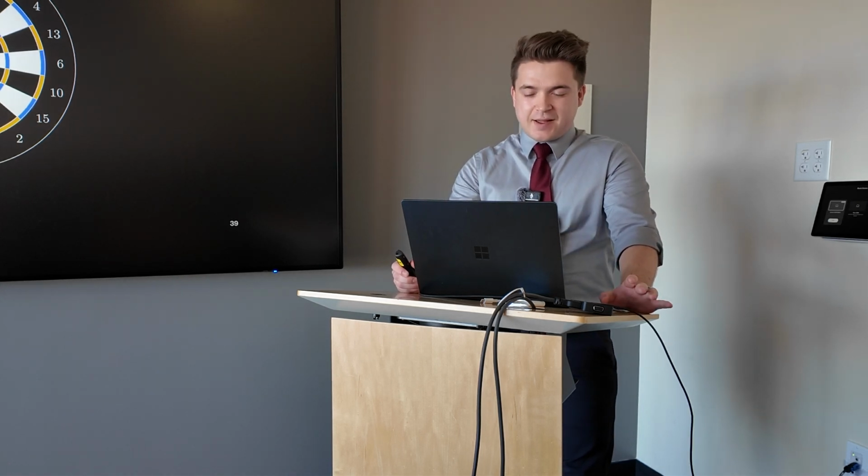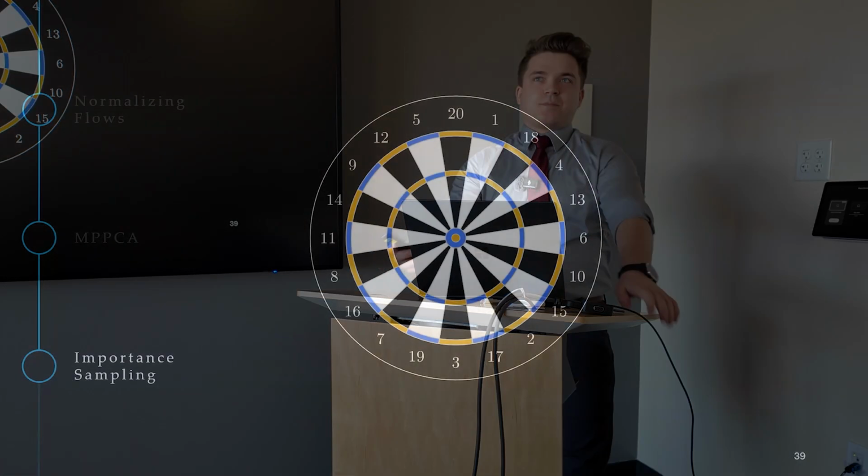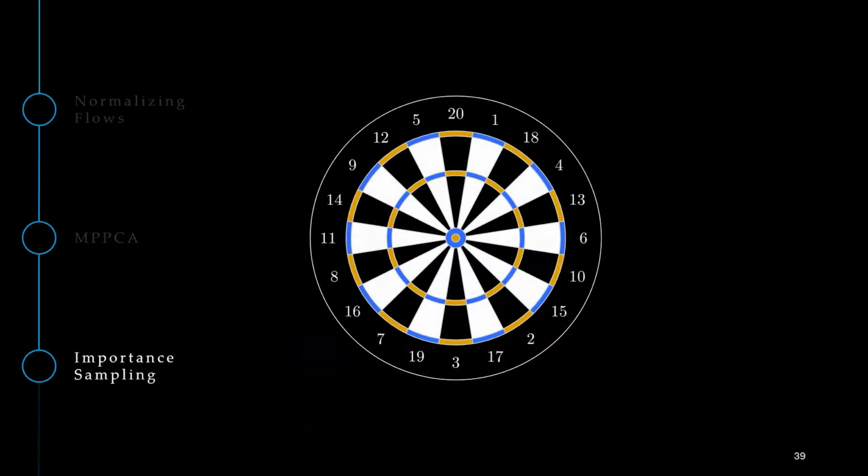And the last topic I want to introduce today is probably going to be one of the most complicated. So I'll do my best to introduce it quickly via analogy here. It's this topic called importance sampling. And at a really high level, importance sampling is an efficient way of estimating the probability of failure for a system. So if we have some robotic simulator, we want to come up with an estimate of how likely that